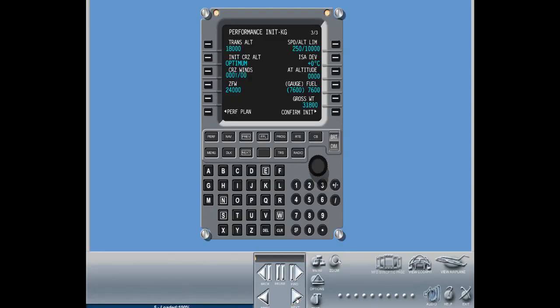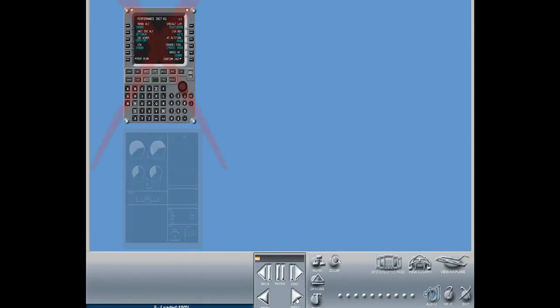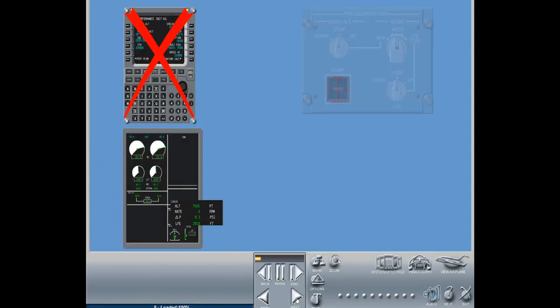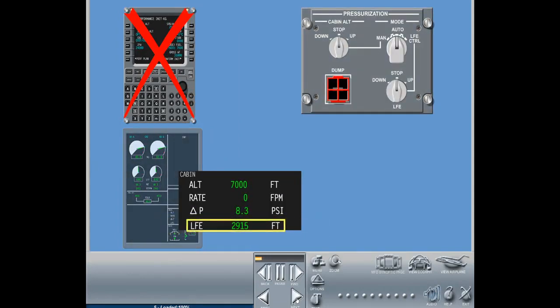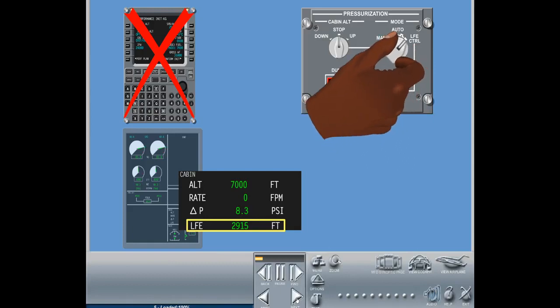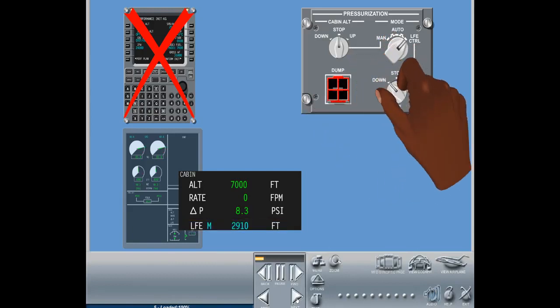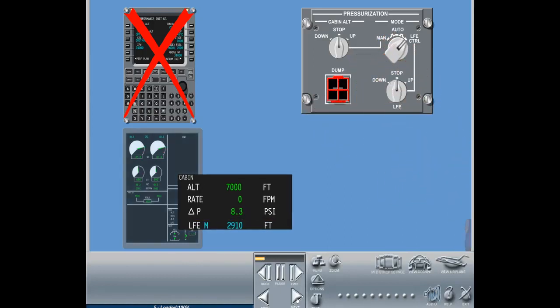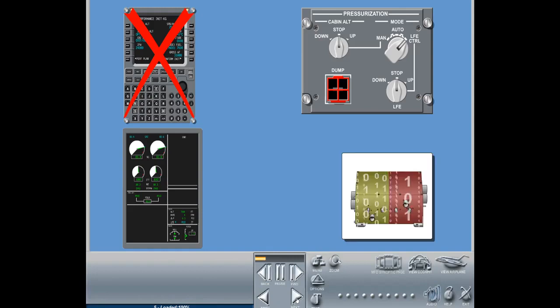During normal operation, the pilot selects the cruise flight level and the landing field elevation in the FMS before takeoff. If no FMS is available, landing field elevation must be manually selected using the rotary knob on the pressurization panel. In this case, the final cruise level will be calculated by the cabin pressure controller using actual ambient pressure during